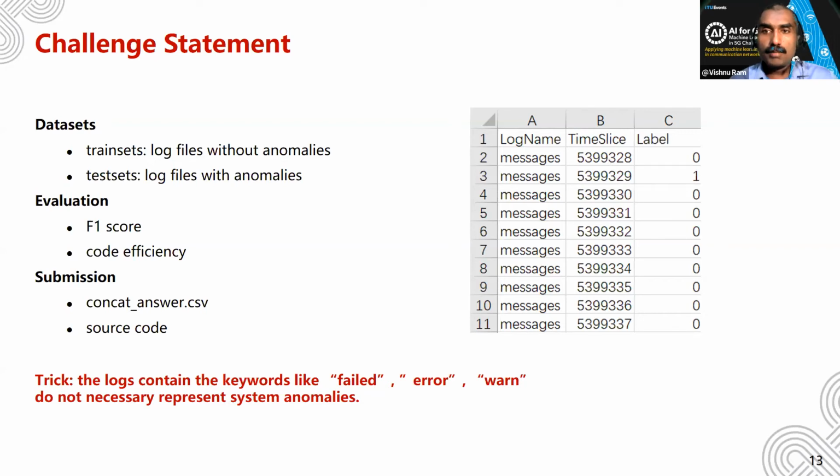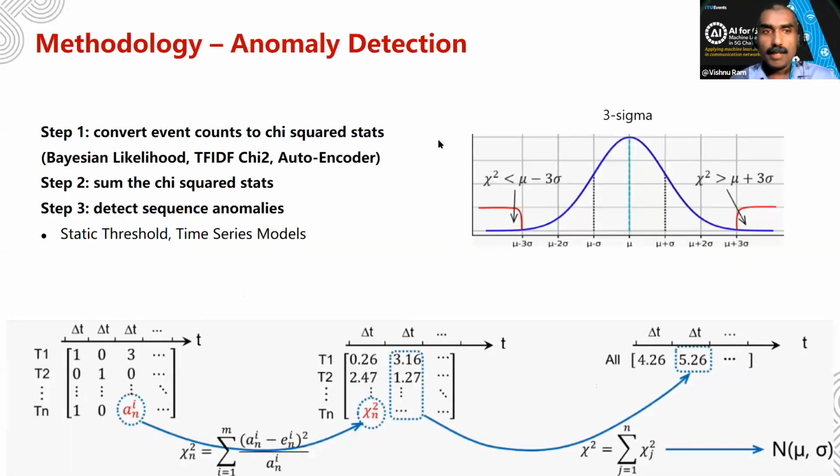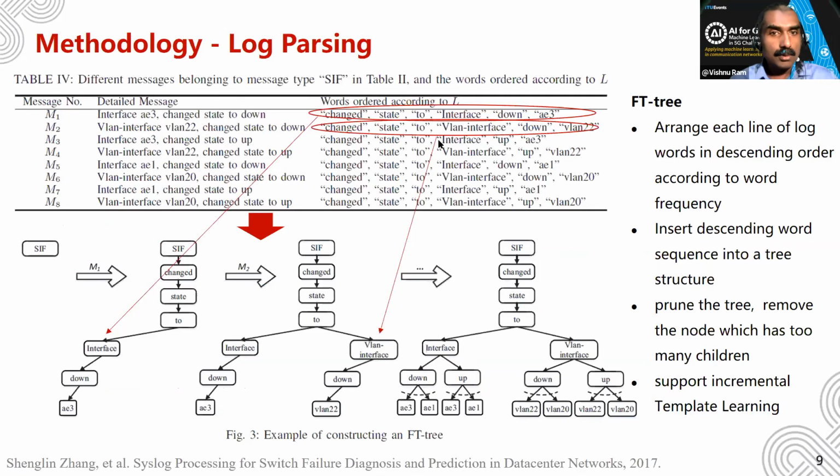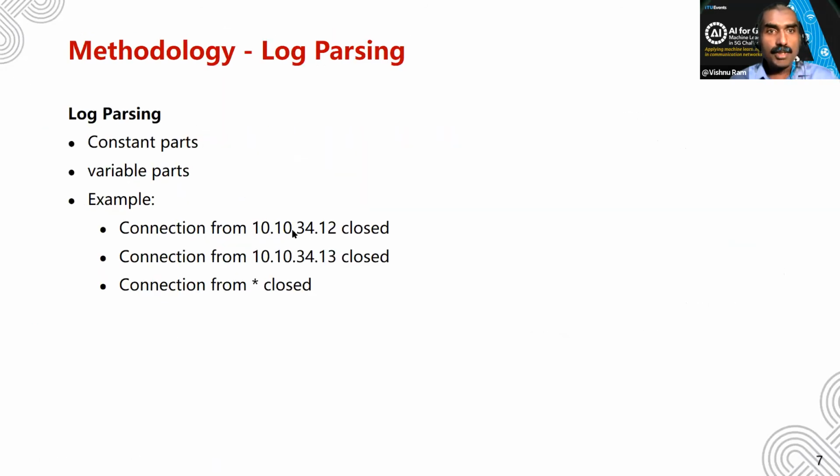There is a question: is the constant part of the log the label of the log? So what is a constant part of the log? I can't find it. Didier is asking, is the constant part of the log the label of the log? Where is the constant part of the log? Yes, thank you. Please explain.